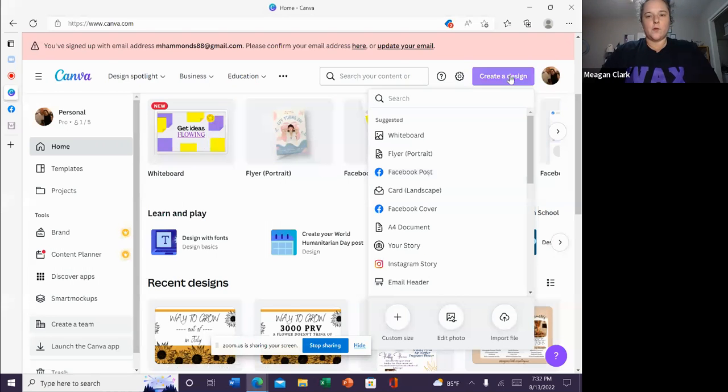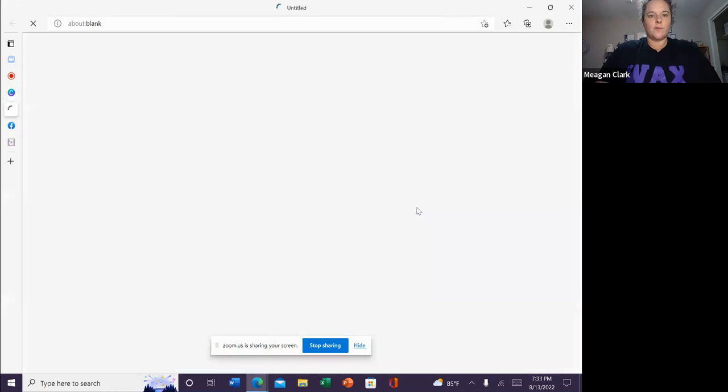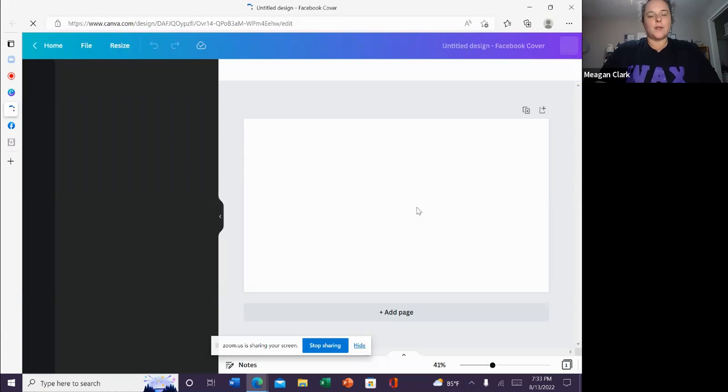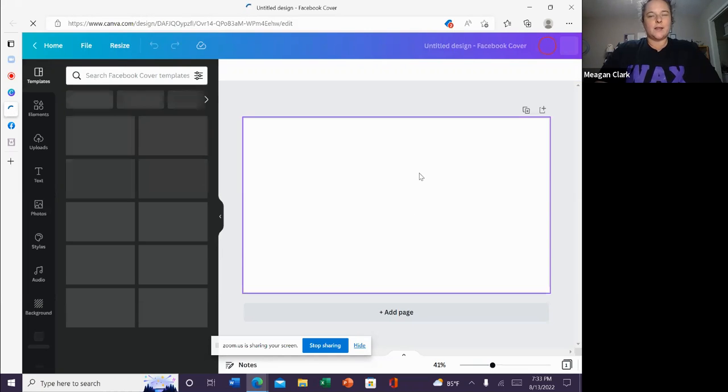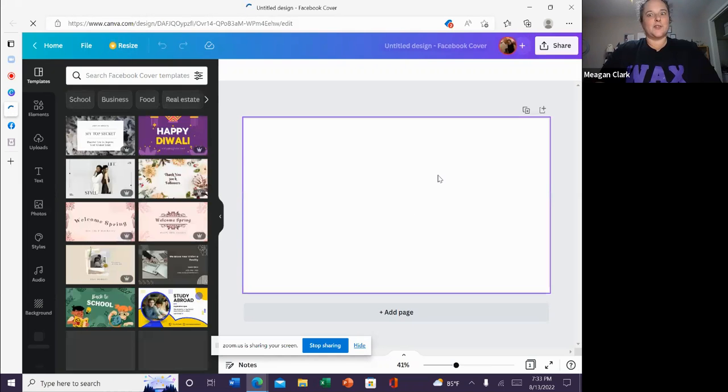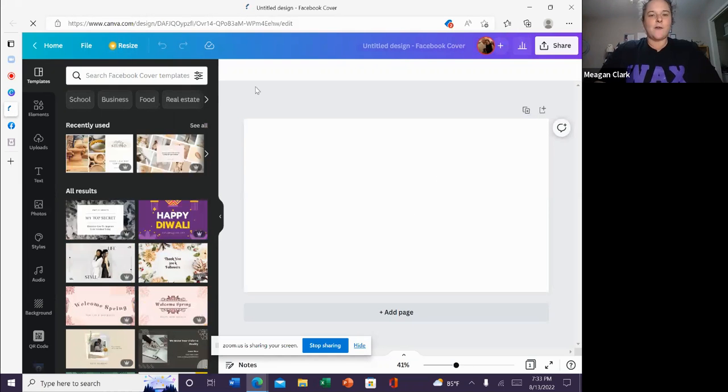Like, for example, if you didn't know this, you can actually create Facebook posts, and I actually create our Facebook cover photo for our team page through Canva, along with my VIP group as well. So that, for example, is just something that you could play around with. And now you can see why I say it's a little bit more advanced in my opinion, because like I said, you're starting from a blank slate. However,